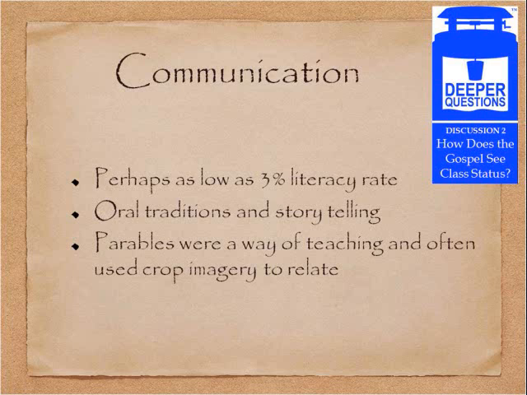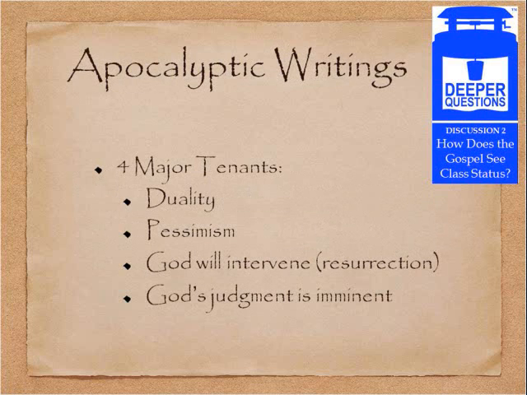And so the writings of the time, as they were being told back, were often made to appeal to those who were kind of disenfranchised and less fortunate. And so one of the most popular styles of writing during that time to appeal to them was apocalyptic writing. In that style, there are four major tenets, which is a duality, an obvious good versus evil